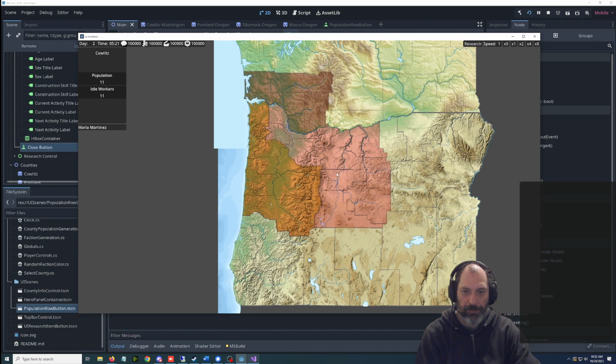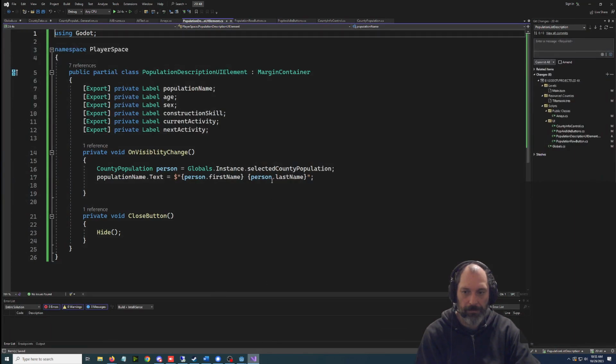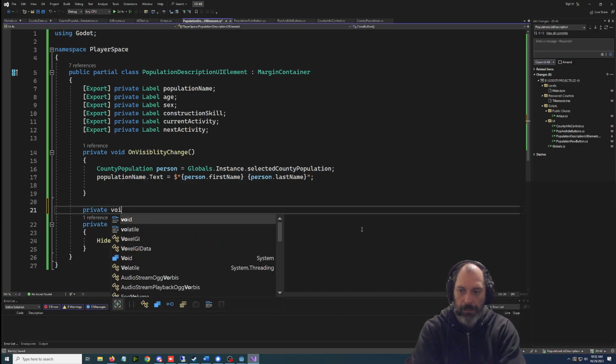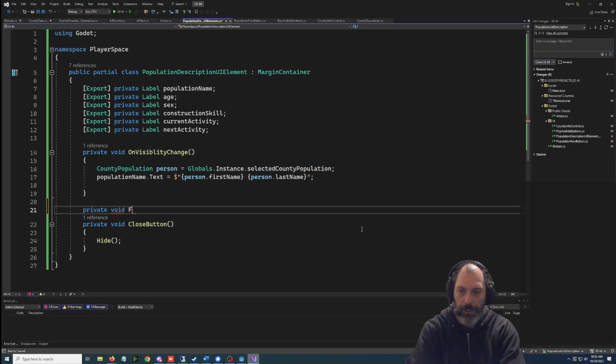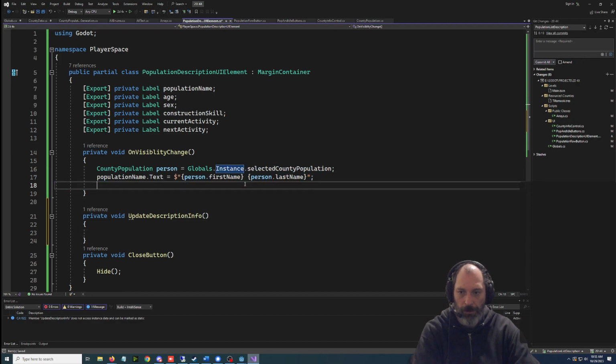All right, that works. We don't get any bugs, so we just got to figure out why this isn't. It's because it's too slow. I'm pretty sure. We can test that though. Private void. I'm gonna call this fill info. No, I'm gonna call it update description info. I have another one that's called fill info, and I don't think. Oh wait,